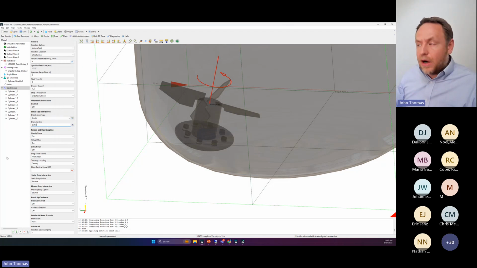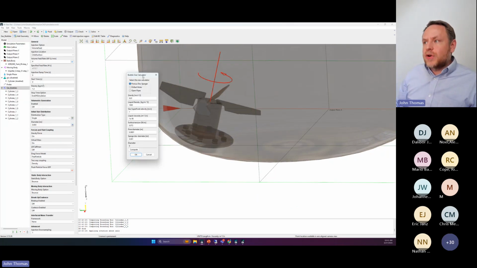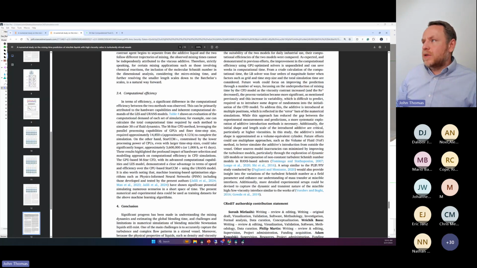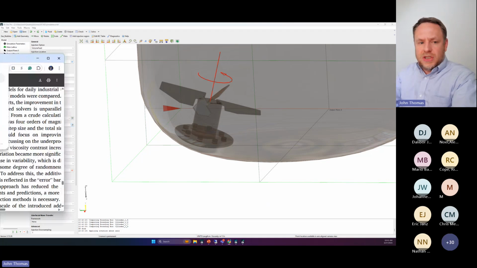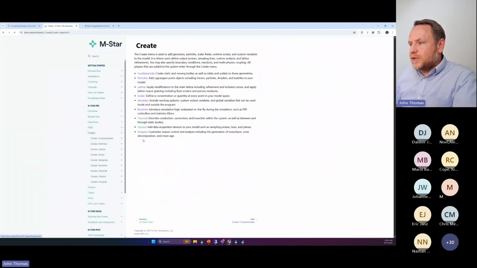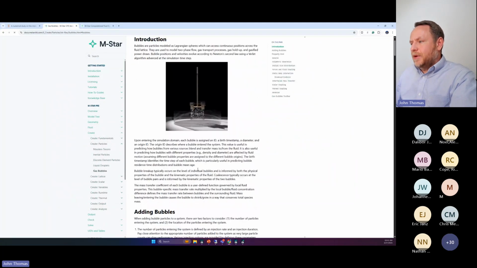But I saw the question, Jenna Card, and to be sure this question is addressed in our documentation, I'm not going to go through it at length right now. But yes, there are correlations that allow us to predict what the bubble size should be, and you can invoke those. In fact, the right spot of docs would be here. And docs is your friend, remember. Docs is your friend. If I go here to create, let me go to particles, let me go to my bubbles,